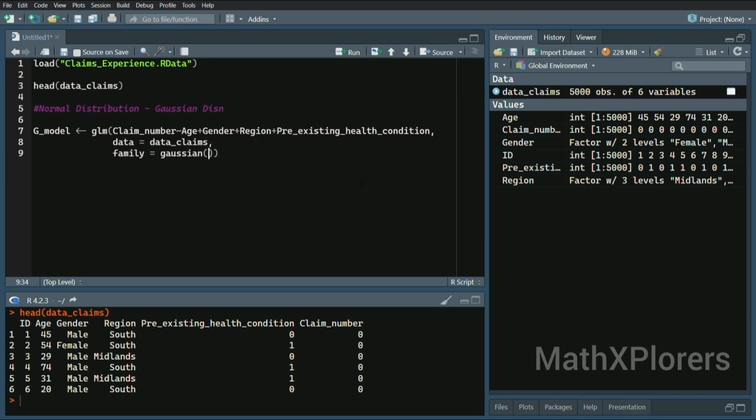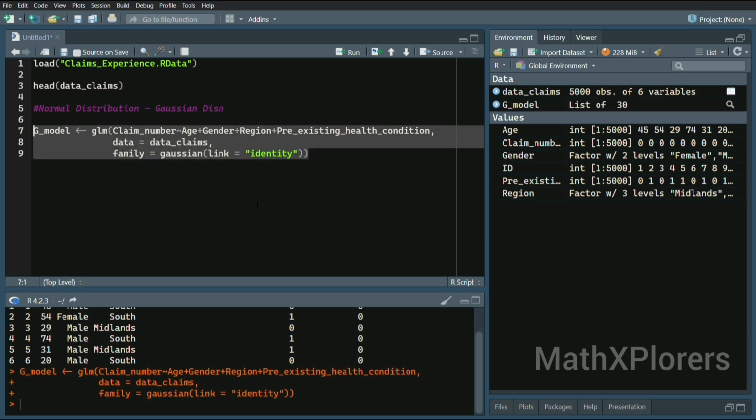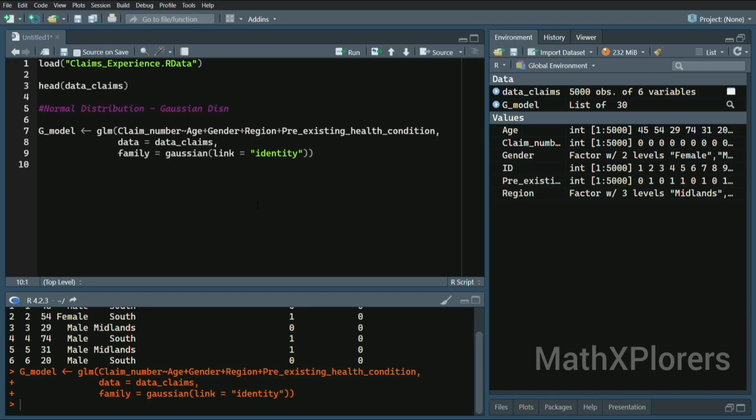And the link function, okay, so here if you can see, it already tells us that link is the identity function. It's basically the default one. So link equals identity. Even though you don't mention the family here, it still assumes that it is a normally distributed model. So it's always better to tell it that it follows a normally distributed model. Now let's just quickly look at the summary of this model.